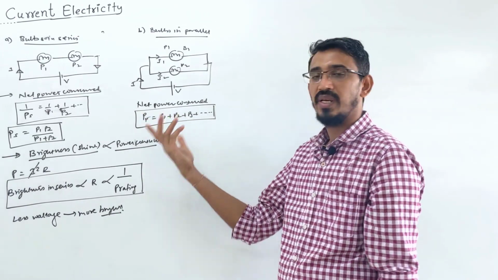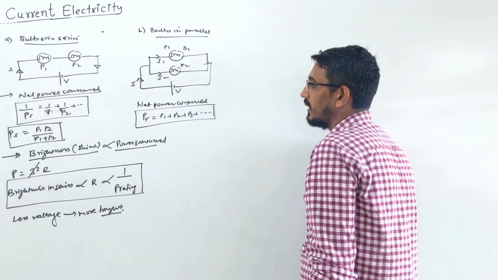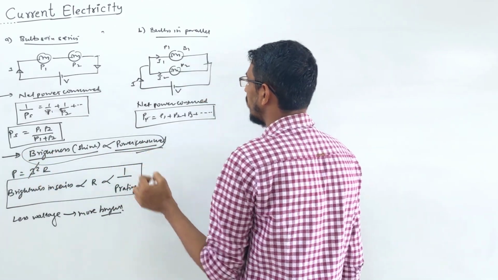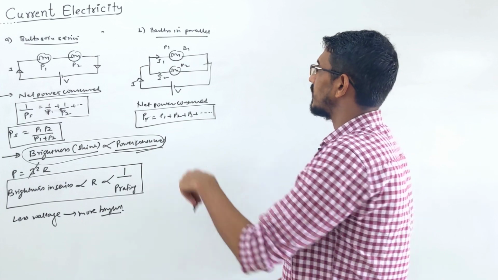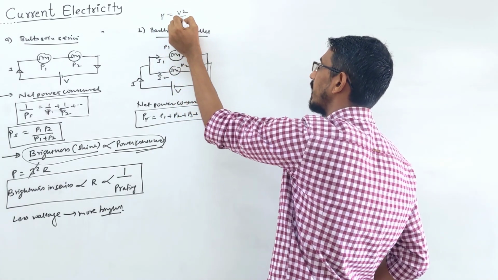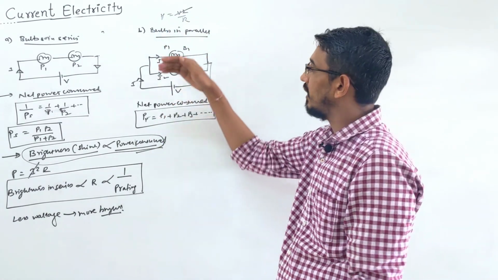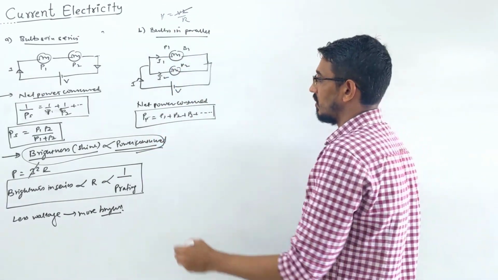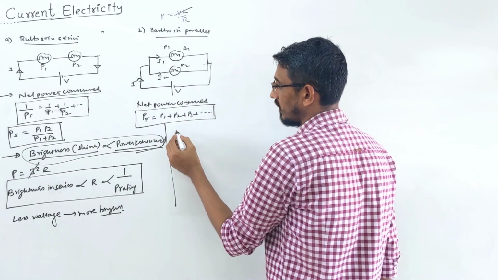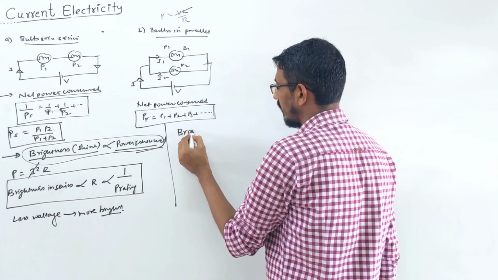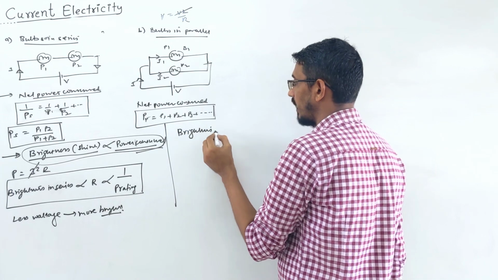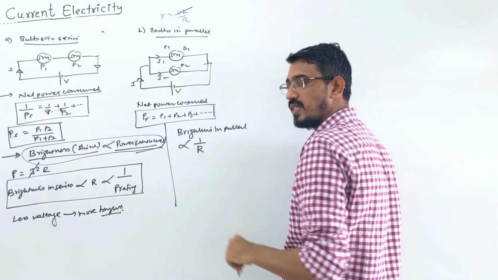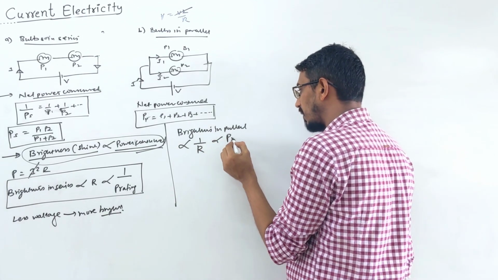So your power consumed will be higher, obviously, right? Yes. Then they ask you about brightness. So this rule remains the same, brightness is proportional to power consumed. So here, let's write this formula, power is V squared by R. Potential is the same, in parallel potential is the same. So it is inversely proportional to resistance here. So remember, if they ask about brightness in parallel, who shines more brightly? Brightness in parallel is inversely proportional to resistance or directly proportional to power rating.